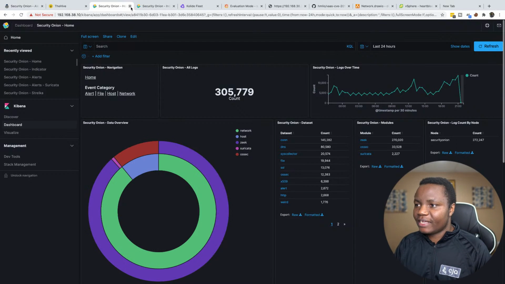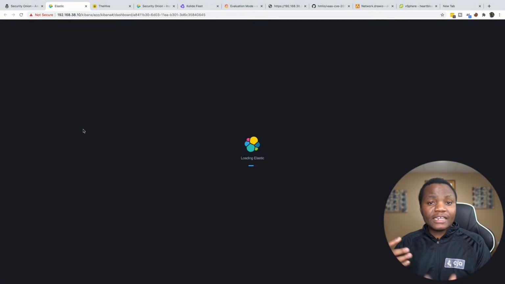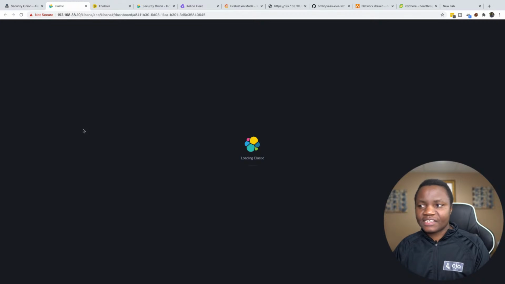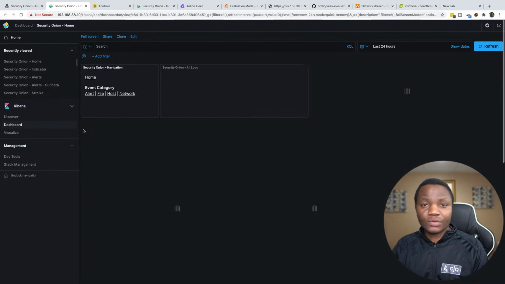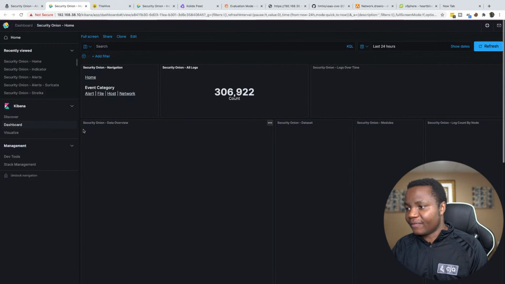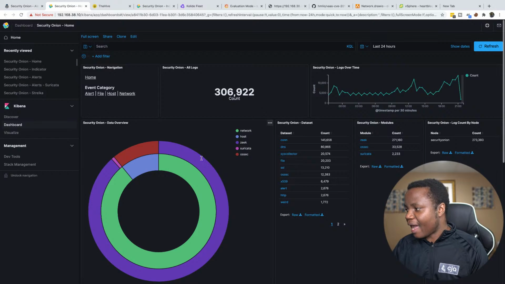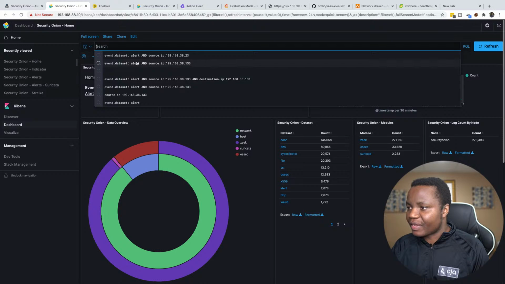Kibana, and you can get to Kibana from Security Onion right here. And Kibana sort of interacts with our main database, which is Elasticsearch. It's a direct access to it, and it gives us the same information that we are looking at from the alerts section, but here we get more detail. And this is very important for us to actually learn from. And in this case, let's just use this one here, this filter that I already had,